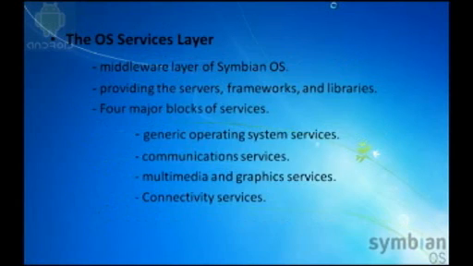The OS services layer. The OS services layer is, in effect, the middleware layer of Symbian OS, providing the servers, frameworks, and libraries that extend the bare system below it into a complete operating system. The services are divided into 4 major blocks,